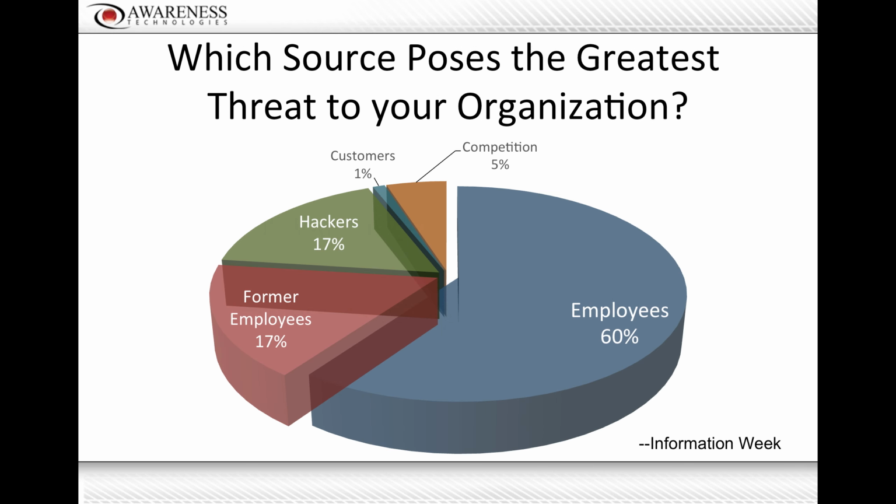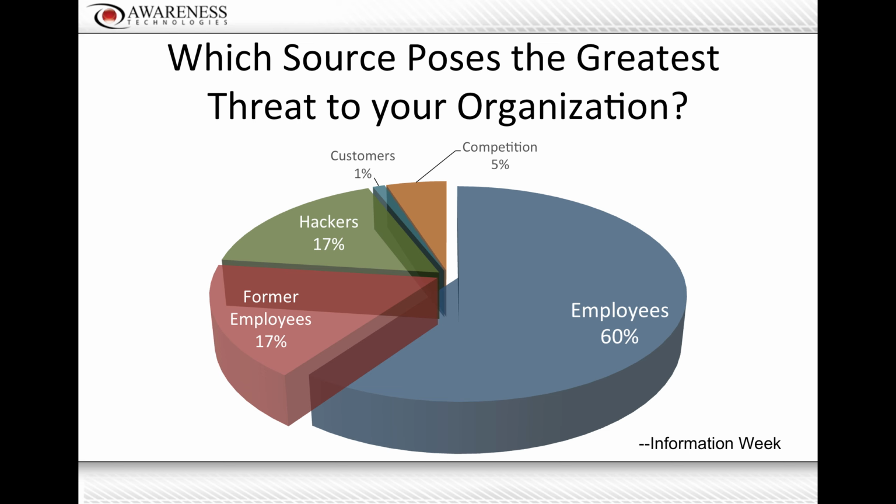So when we talk about what sources really pose the greatest threat to your organization, kind of going back to that concept of most of this is coming from the inside, ultimately hackers are only 17%. So we spend millions and millions of dollars, all these organizations spend probably hundreds of millions of dollars trying to prevent the bad guy from getting in. And so very often we forget about the folks who are there already, who easily have access into information and what they can do with it.